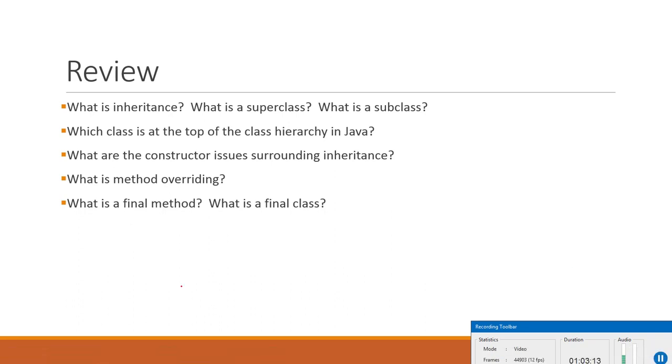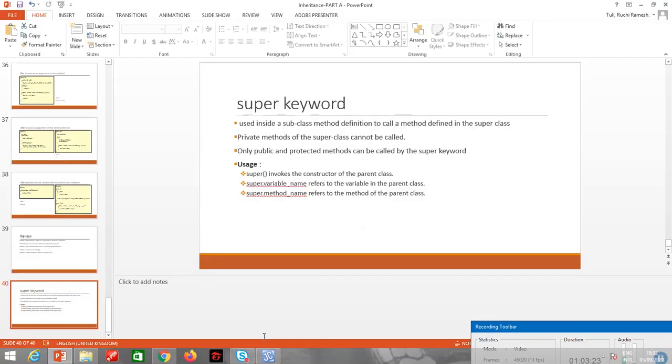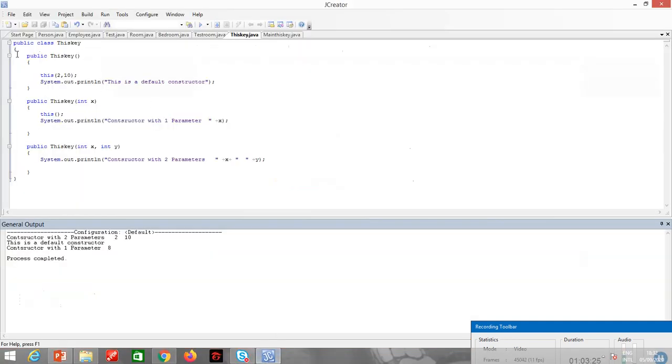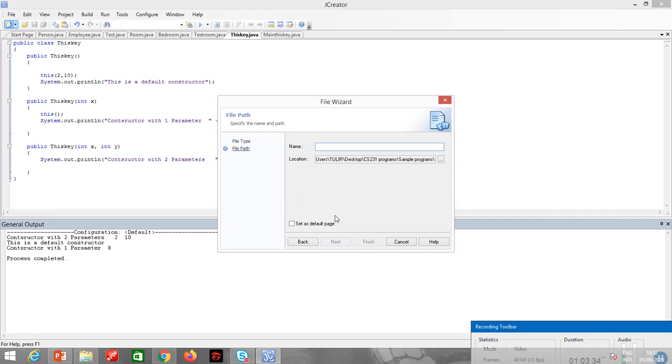Alright, so more on the super keyword. Let me make a very simple program showing some of the programming. I am showing over here the usage of super and the usage of this, all combined in one program.